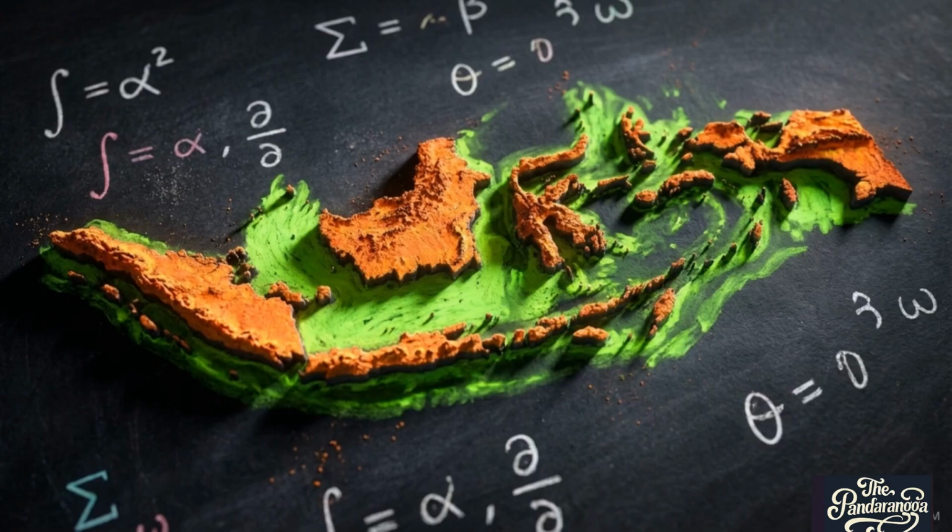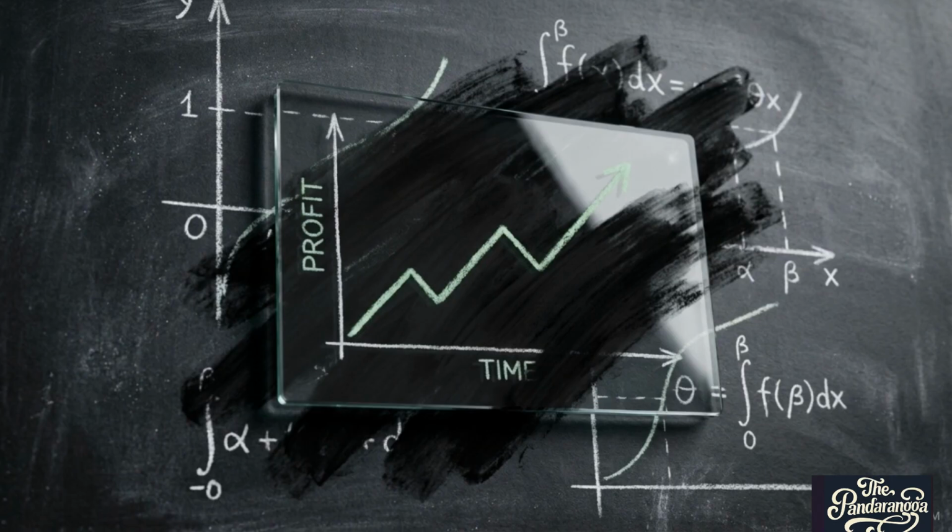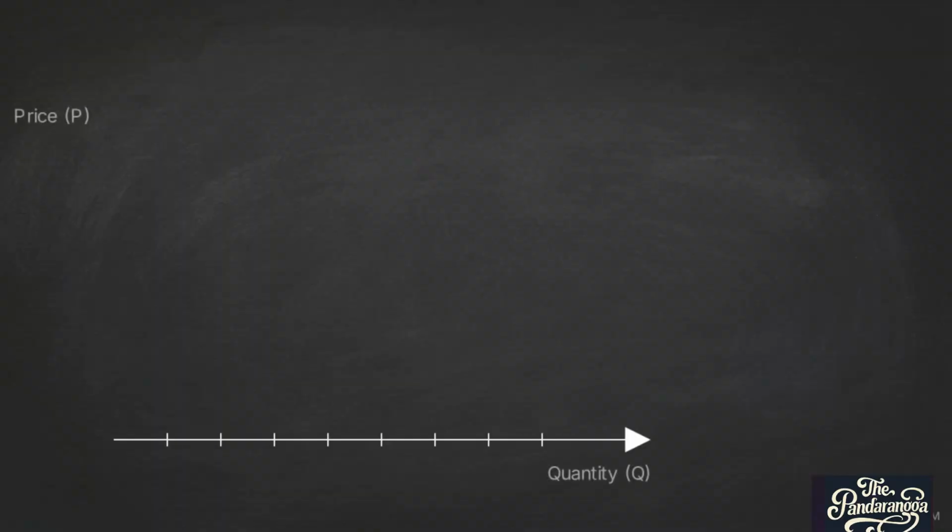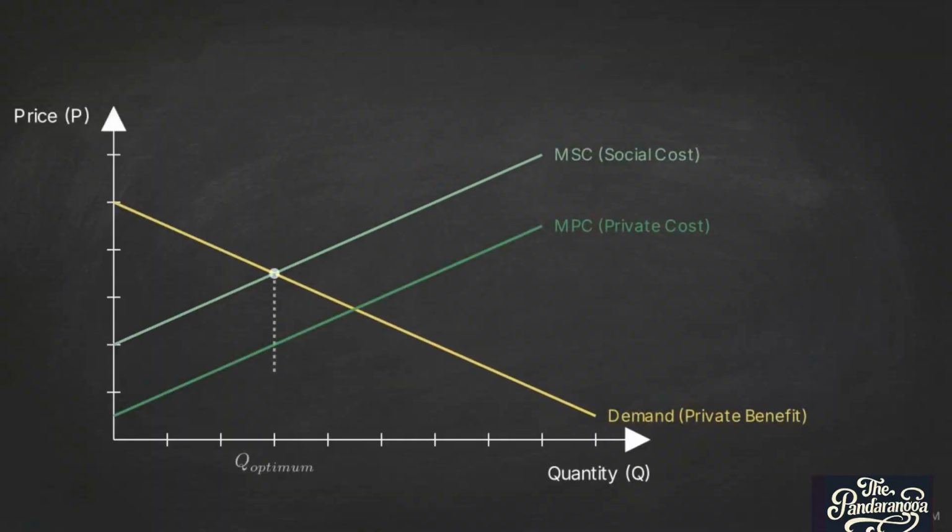We see this theoretical failure operating at scale across Indonesia, driving the tragedy of the commons in both its marine and forestry sectors. This unpriced action creates an illusion of efficiency. It actively destroys wealth because the private math ignores the social reality. Returning to our graph, we can isolate the exact cost of this missing market. Because the producer's costs are artificially low, the market produces too much of the good.